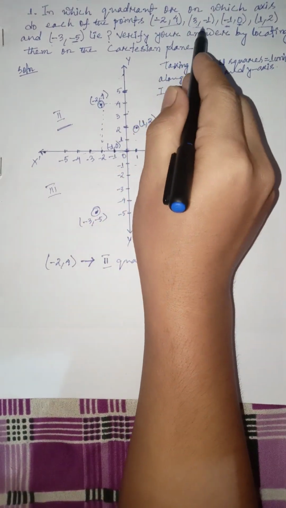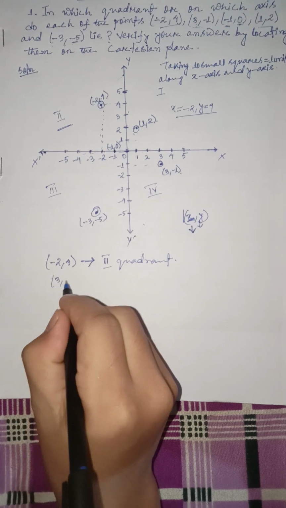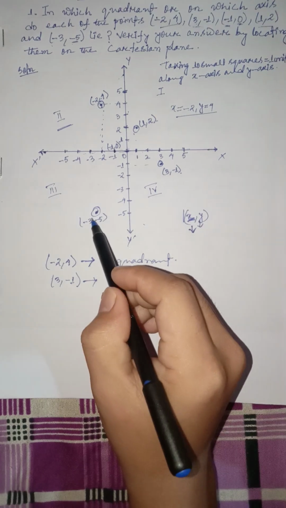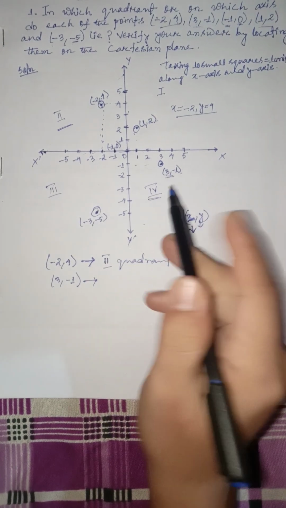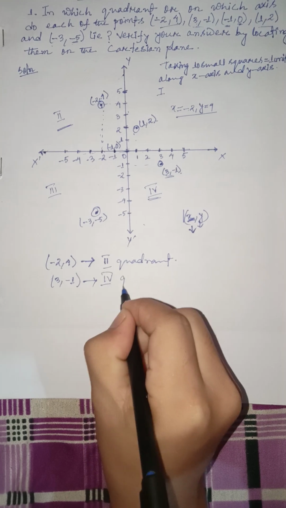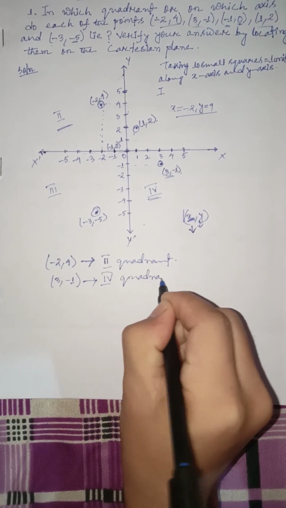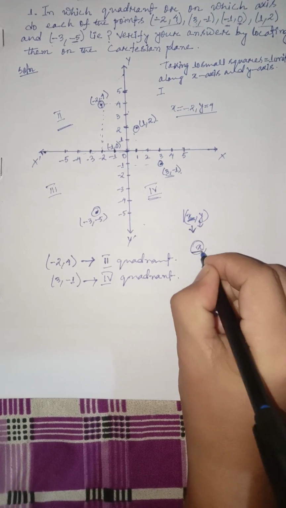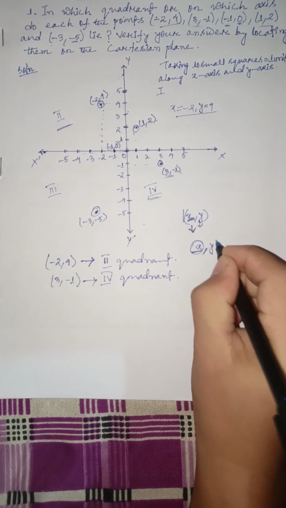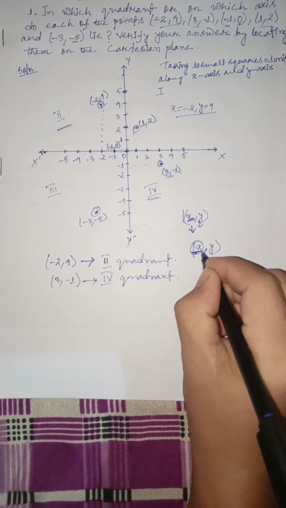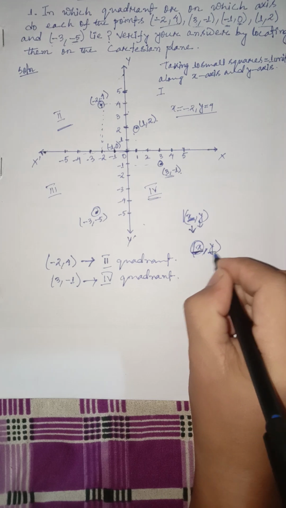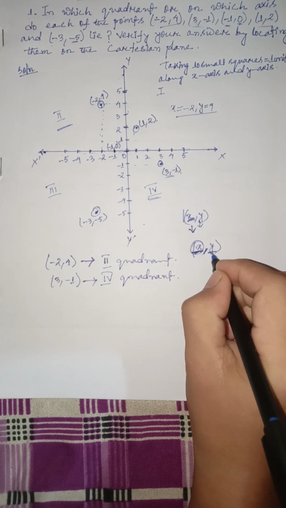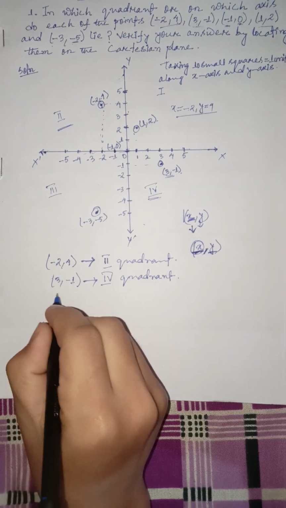Then after that, we have 3 comma minus 1. Where is 3 comma minus 1? This one. It is in the fourth quadrant. How? Let us explain it. First of all, you have to start counting from this, or you have to take this one first. Secondly, you have to take this. By seeing whatever values are present in x as well as y, you have to take the directions either positive or negative, right? Then after that,